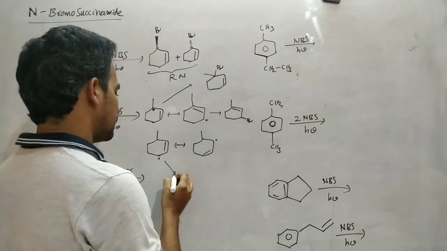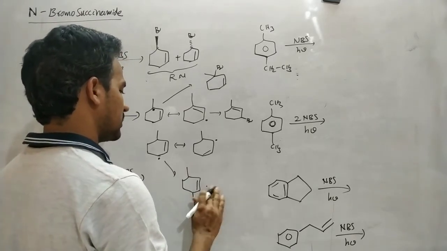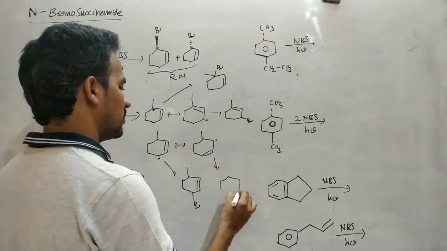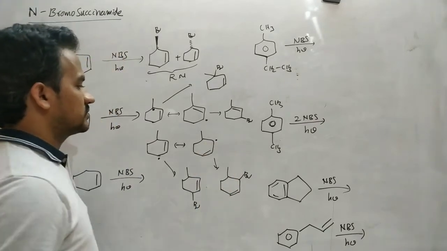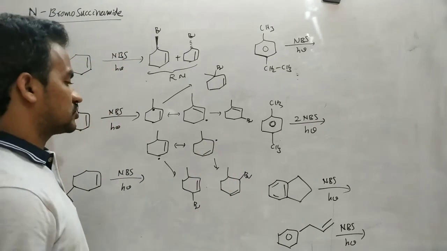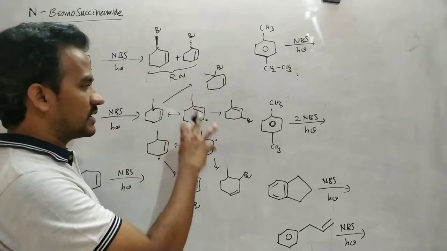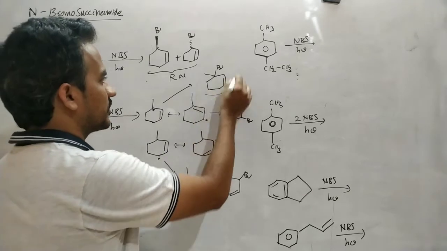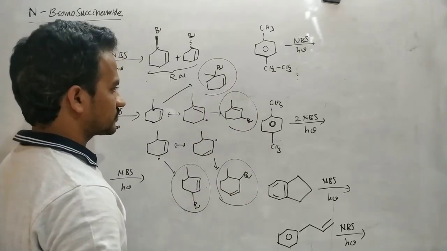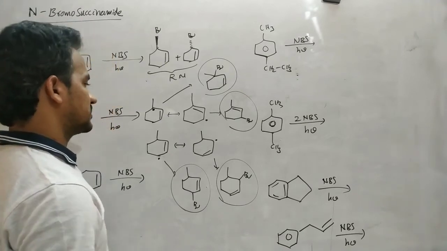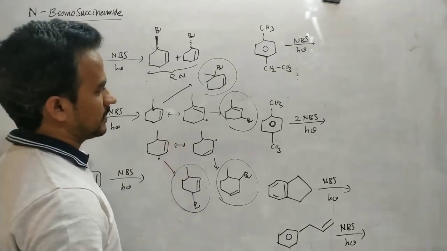Yeah. So from this one, another product. This is the BR. And from this one, one more product is formed. Okay, that's it. So now in this case, a total of 4 structurally different products are formed. This is the first product, the second product, the third product, and here the fourth product. So in this reaction, what is the major product?